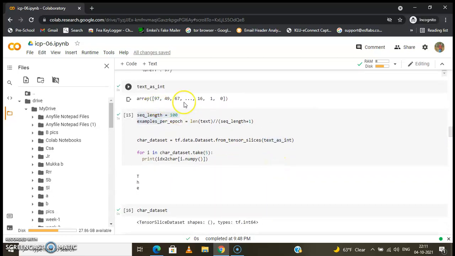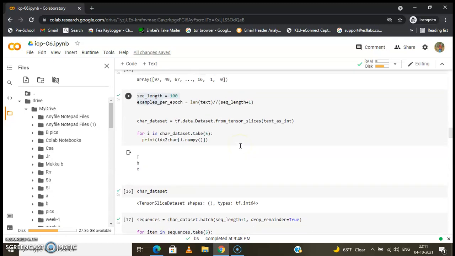I have printed the text as int, showing how many numbers there are. Then for prediction, we take the sequence length, and it will show all characters from the text file. This is a view of the first 3 characters from the text.